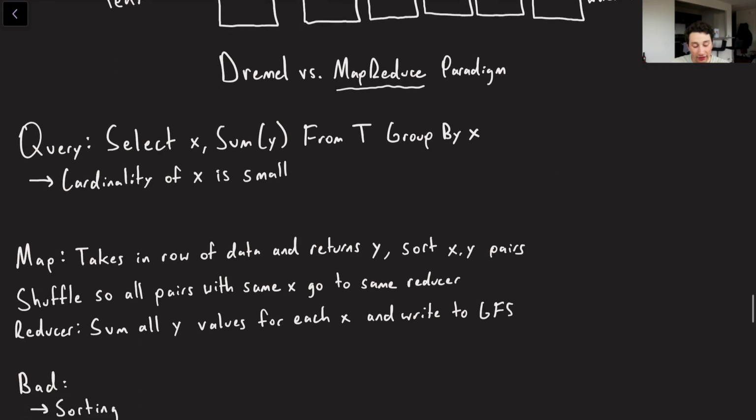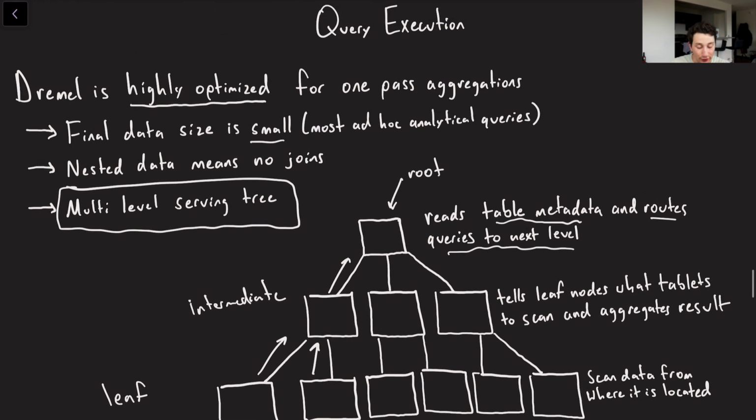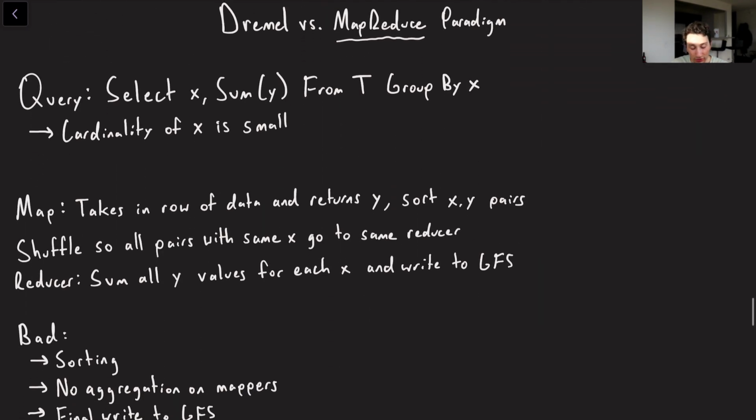So obviously this is going to allow us to take advantage of a lot of parallelization, right? It's huge for us in the sense that we can merge all of these results together, and the reason this works, and ideally we can avoid getting disk involved too much, is because of the fact that the end result of this query is going to be fairly small. If it's going to be too big, then you're going to have to do things like sorts and making sure that every single one of the same keys is on the same node, and so that's like what MapReduce would do normally. So to speak to that, let's compare Dremel and MapReduce a little bit more conclusively.